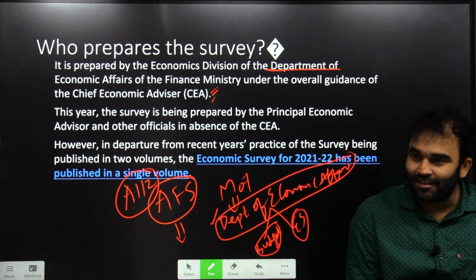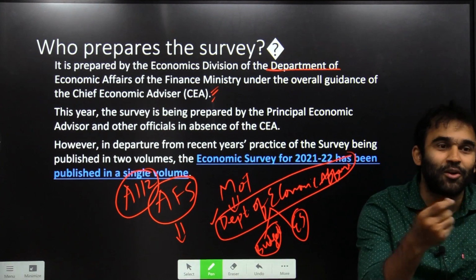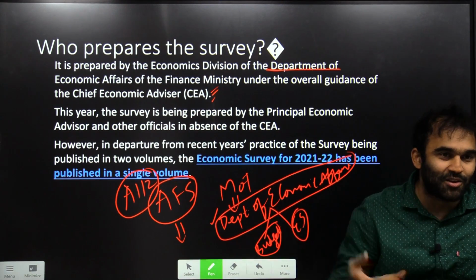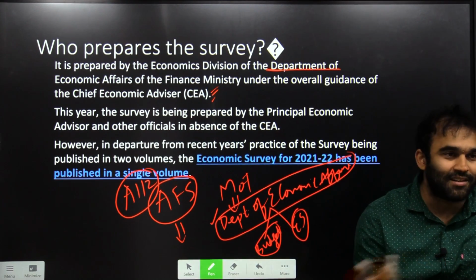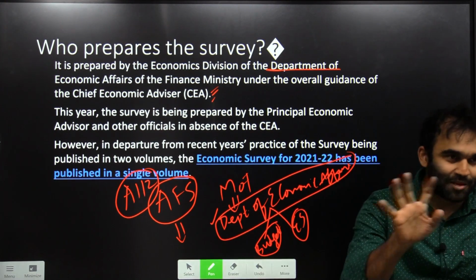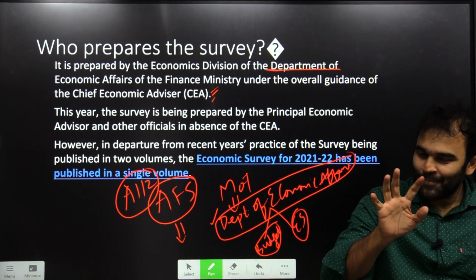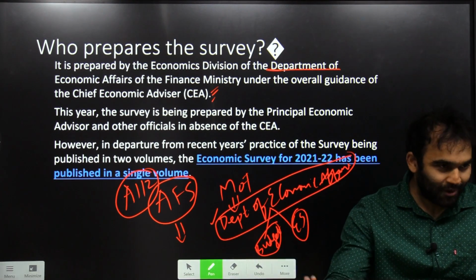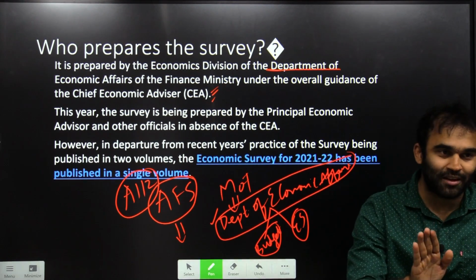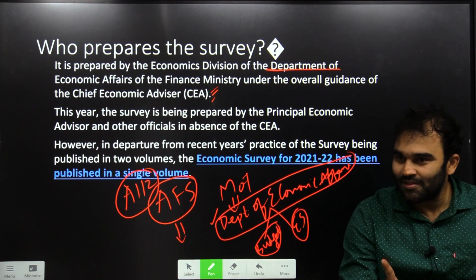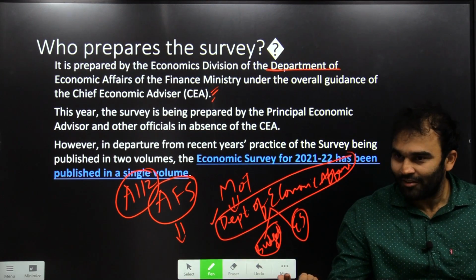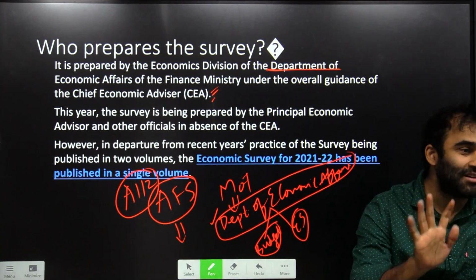Don't think that questions can be asked like this also: consider the following statements, Article 112. They might also give you Article 112D, C, E, F, G or some imaginary article and say that under that, the economic survey is also covered. Generally, these are intelligent guesses. Prelims is such a type of paper, civil services prelims or any prelims. If you have negative marking, this condition applies. Out of 100 questions, if you have to bet your life on whether an answer is right or wrong, you will hardly bet on 10 questions.